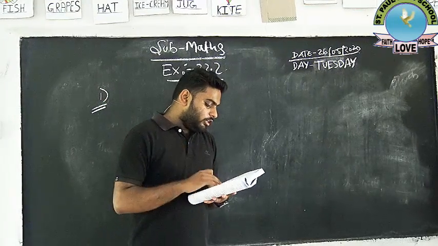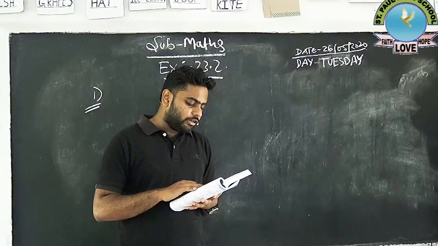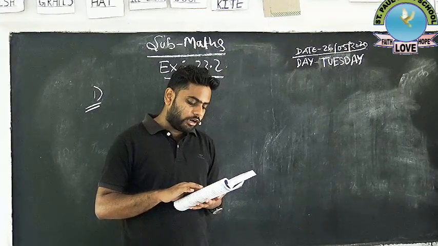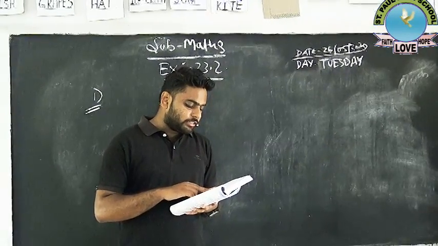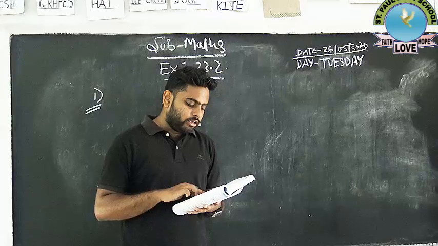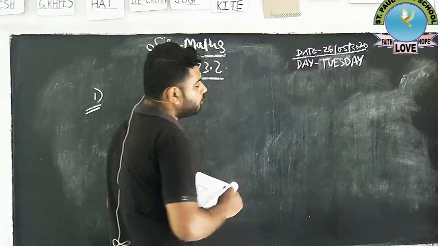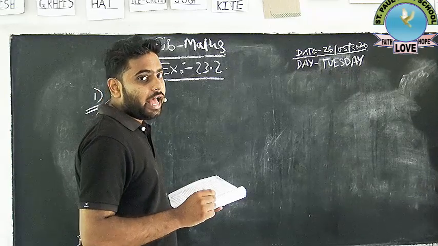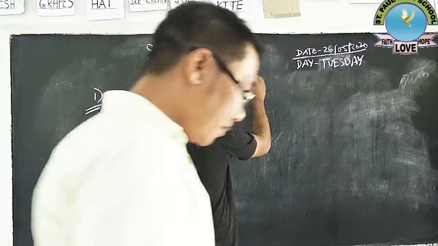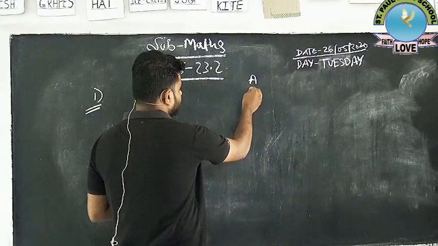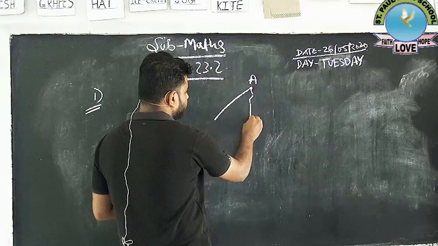In number 1, in the window of our house there is a ladder at an angle of 60 degree with the ground. If the ladder is 2√3 meter long, then let us calculate with figure the height of our window above the ground. In the question we have to find out the height of the window. So let's imagine this point A as the window and there is a ladder. We have to find out this distance.